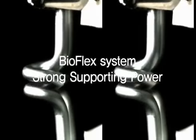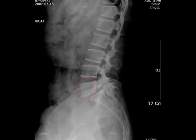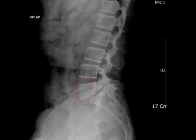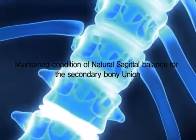Bioflex System has very strong supporting power as a posterior fixator. In particular, in case of spondylolisthesis, a typical clinical indication among degenerative lumbar disorders, even after the successful reduction of the sliding segment, it is very important to maintain the condition of natural sagittal balance continuously for the better secondary bony union of anterior part. Thanks to the strong supporting power of Bioflex nitinol spring rod,